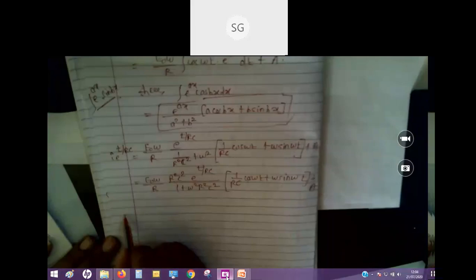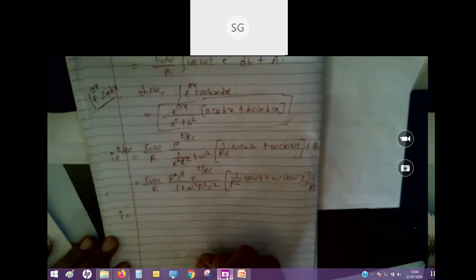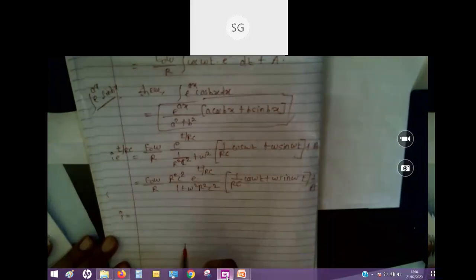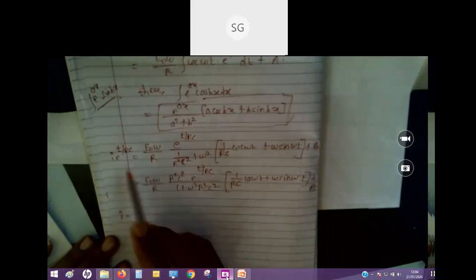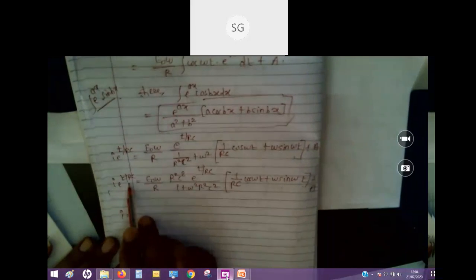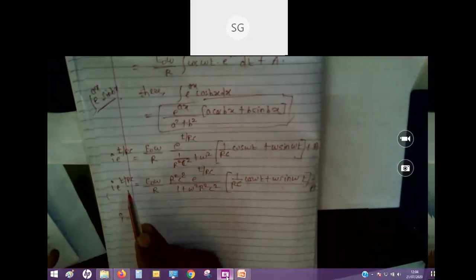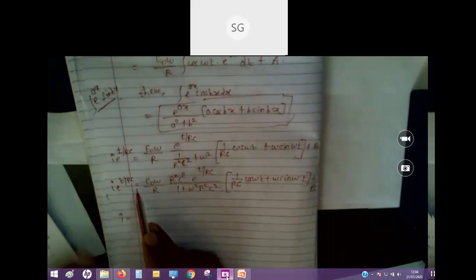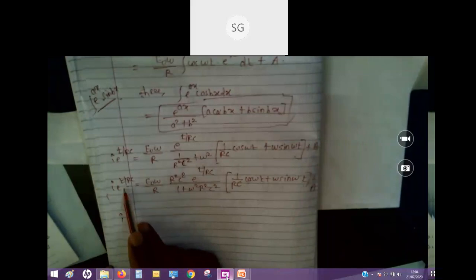Now I can rewrite this. Obviously here it is e raised to t by rc. Because we have to find the current, we divide both the sides by e raised to t by rc, as we have seen in previous examples also. And if we do so,